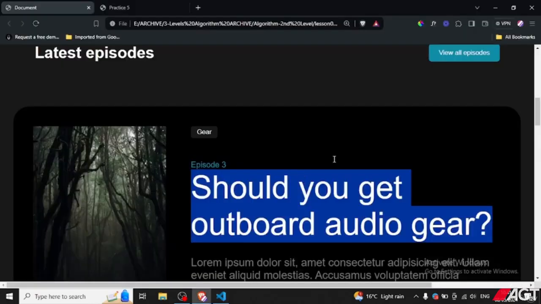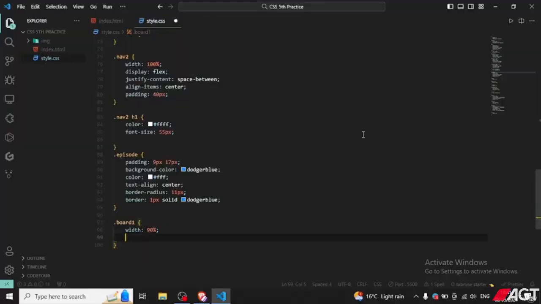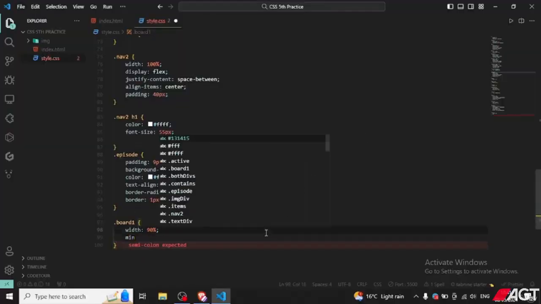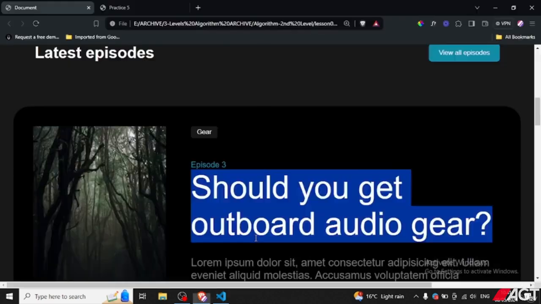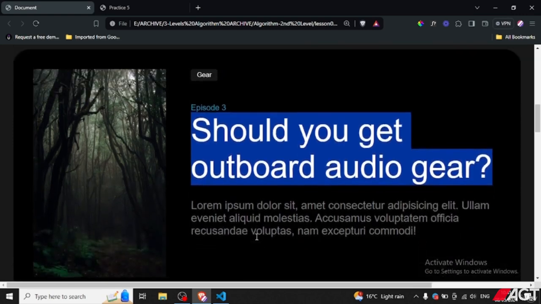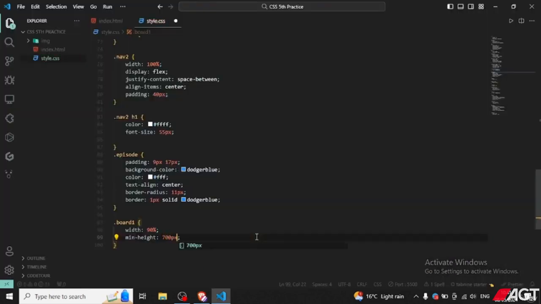And also it is height, min height. Okay, min height. So we can say 700 pixels can be, and border radius